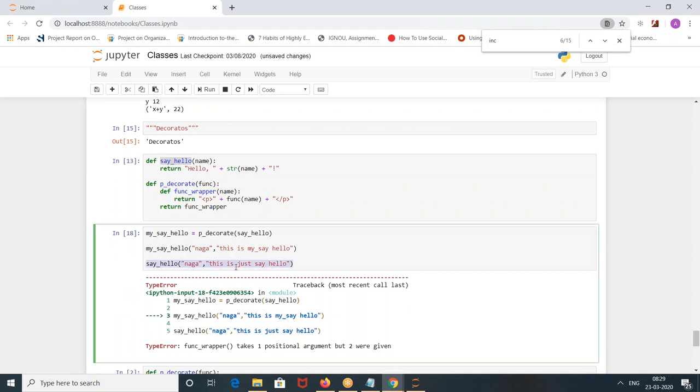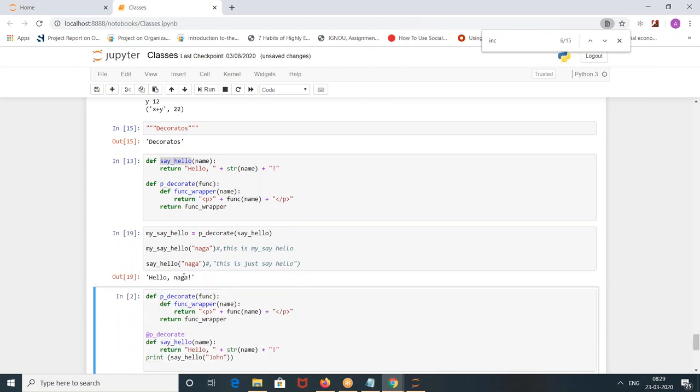Sorry, I shouldn't have defined it like this, because that is not a print statement. We will see both the answers. When you run this, what is the answer? This is my say hello, this is just the say hello.